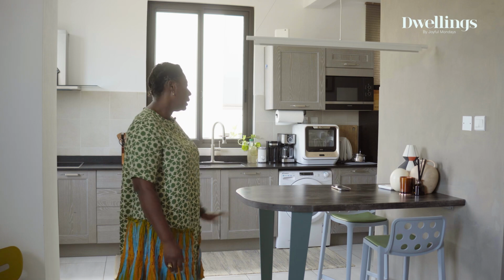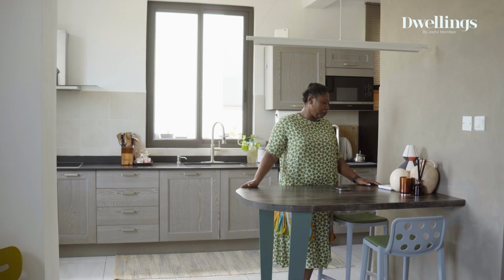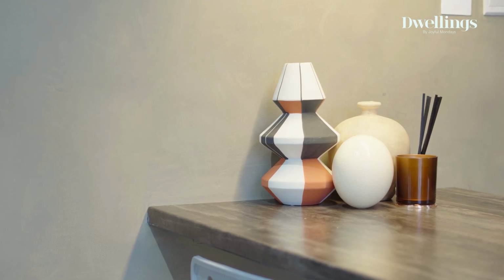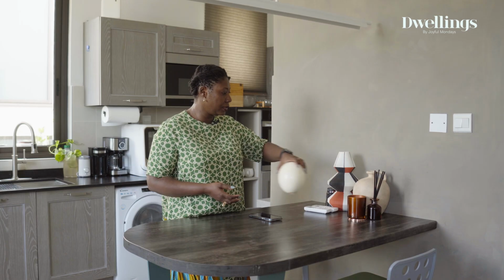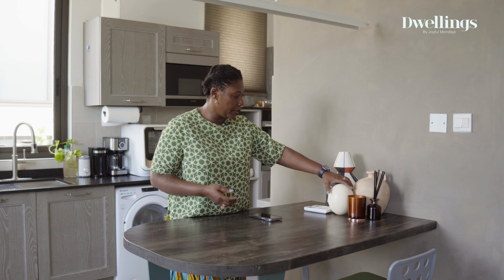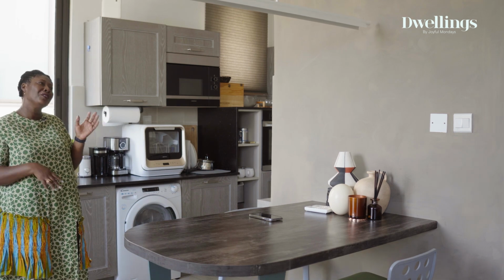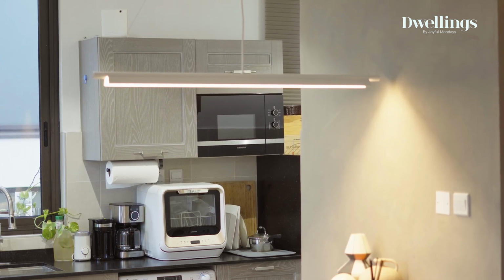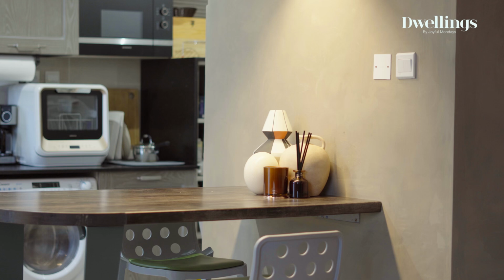I love plants. And then I have a collection of pots. One of my favorite things here is this ostrich egg that was given to me by my boyfriend. It's many years old, but I love it. I feel like it's a good addition to the table here. And then just to bring this table into focus, I decided to choose a pendant light, but outside of the usual individual hanging pendant lights. And so I chose a fluorescent tube, which still drops anyway and brings the table and the rest of my